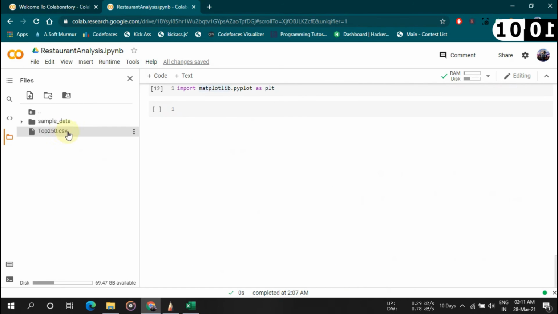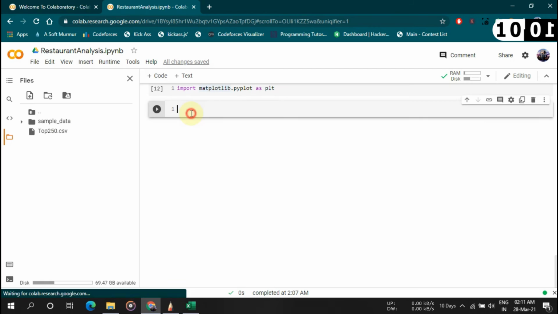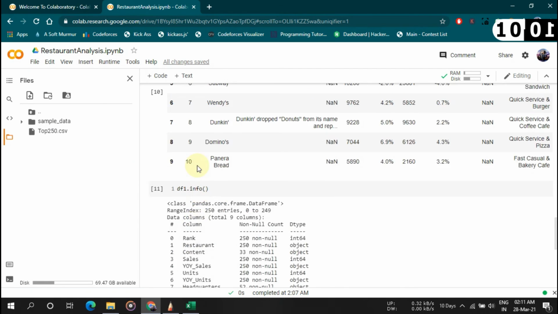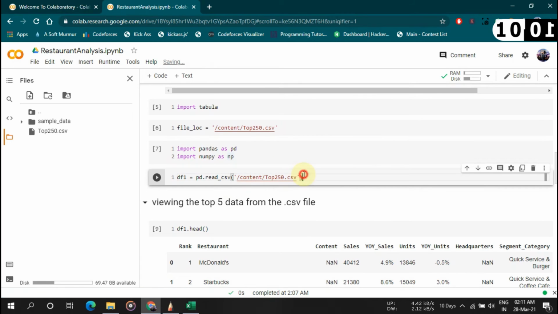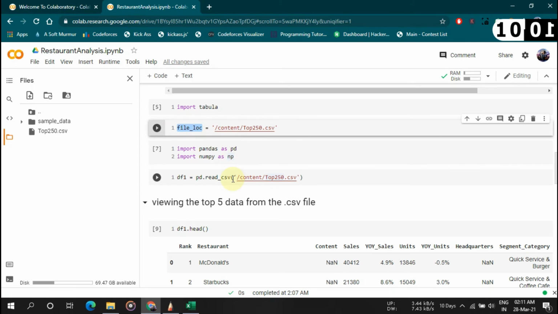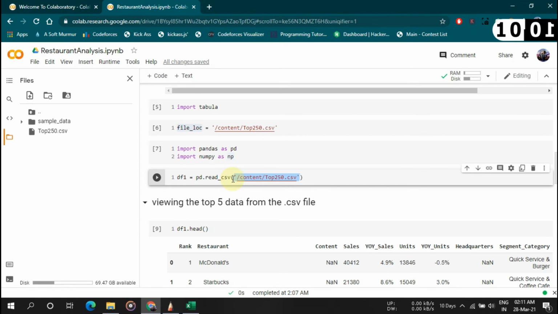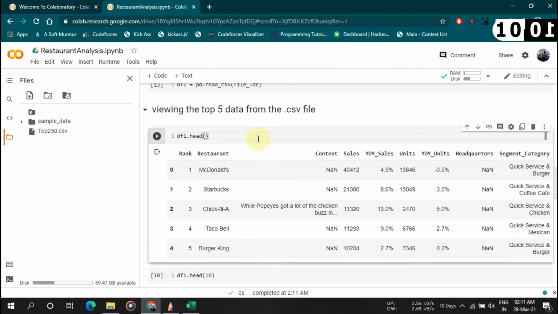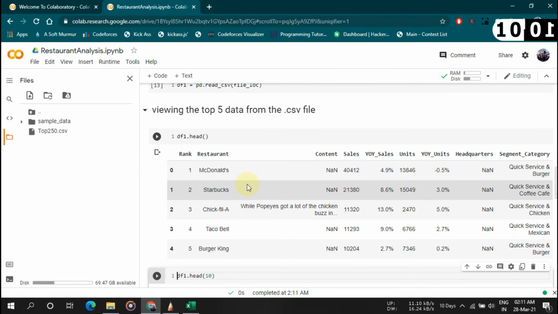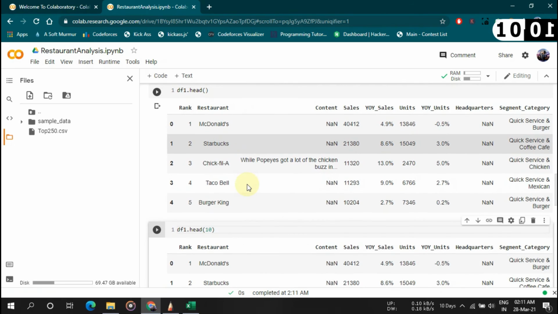Okay, you can use your data. I have only shown the example of one data, but you can actually import or use different files, multiple files you can say, and whatever file you want to access, you can give that location. Okay, I forgot to use the location. So you can see that I mentioned the location access here. But if you want to store it using a variable, you can also do that. Like if I use a variable, it will also work fine. Okay, so even if I load that again and then load it again, here you can see I am still able to access and get the top 5 data.